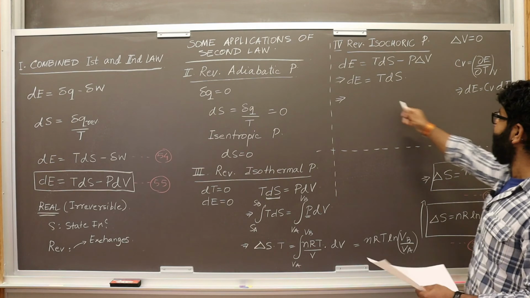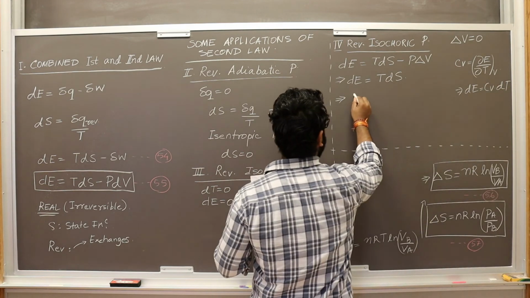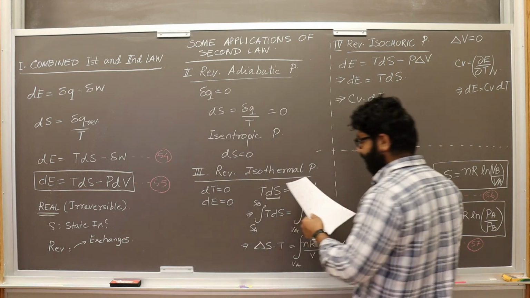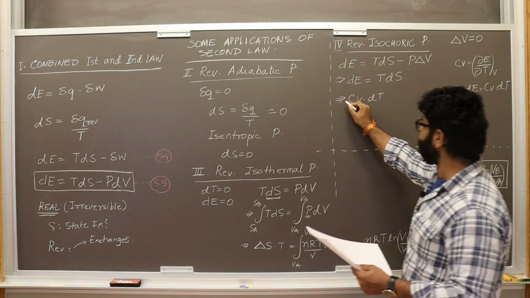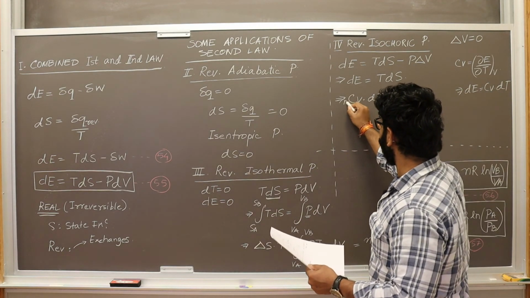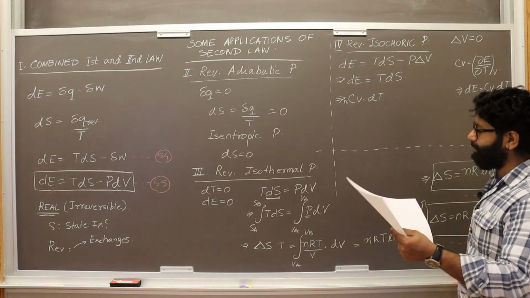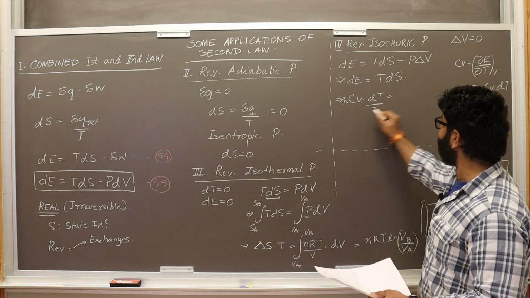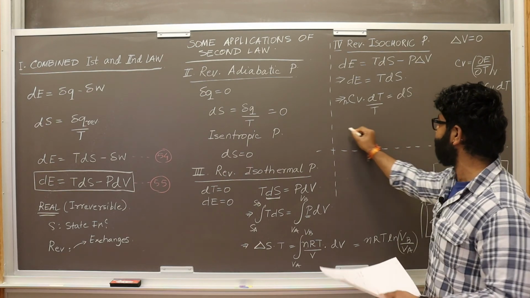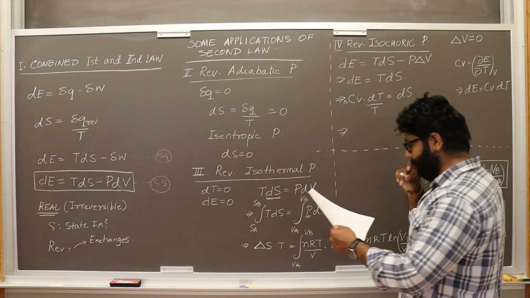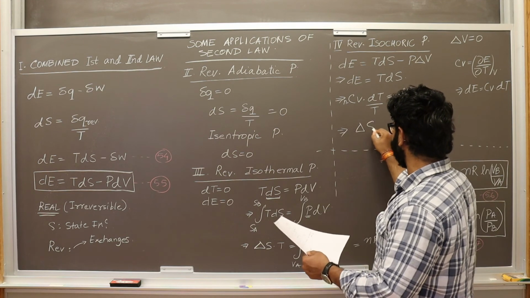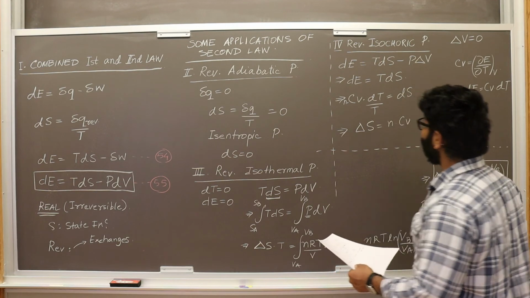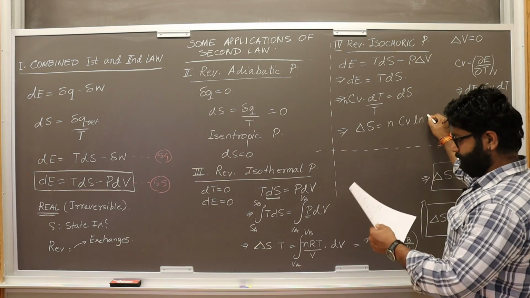So I write this as CV dT. You can write an n for n number of moles. This comes to this side, the T comes here, and this is dS. So you integrate the dS, this becomes delta S, and this becomes n CV ln